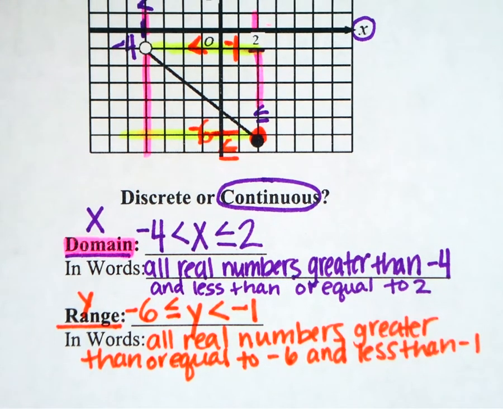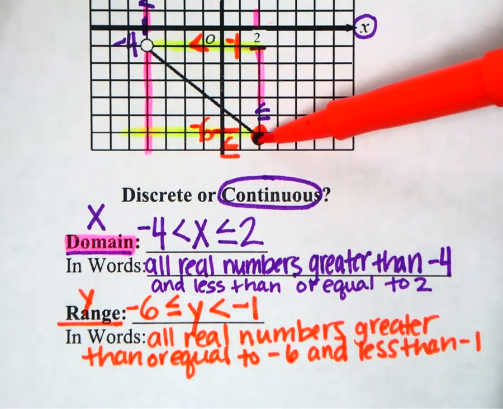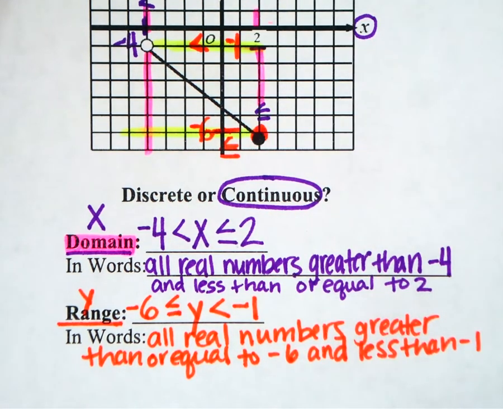So this is a piece where you have to really identify, where am I looking for domain? Left to right. Where am I looking for range? Bottom to top. And you're using these points to help you identify what values you're identifying for your domain and